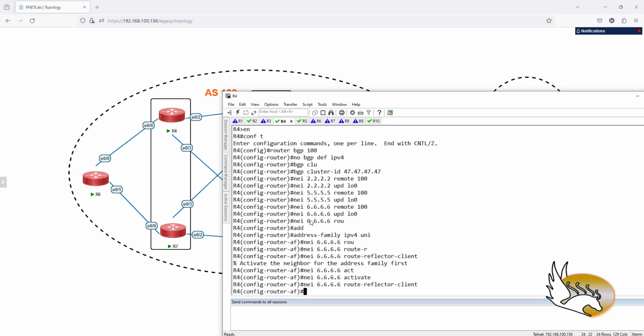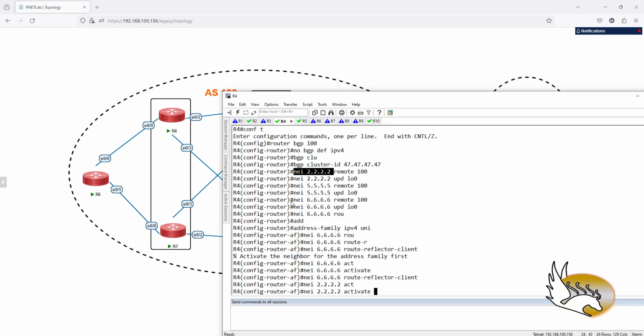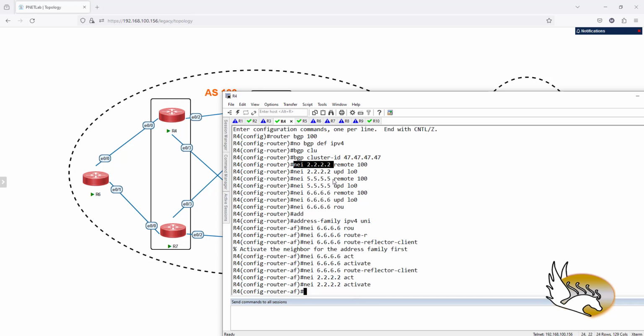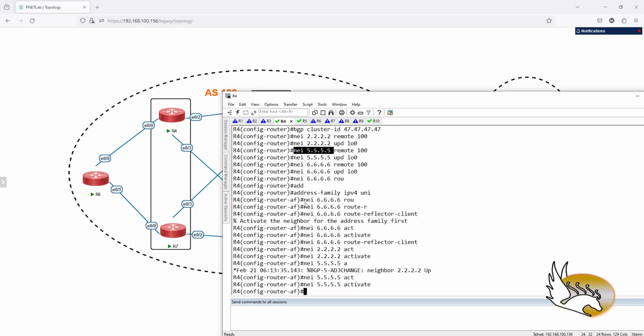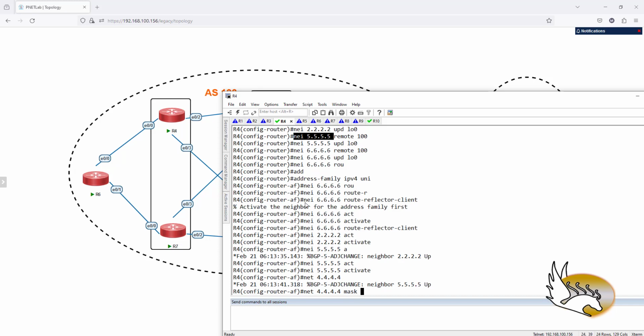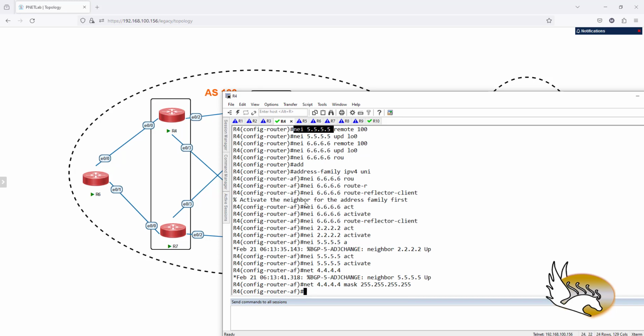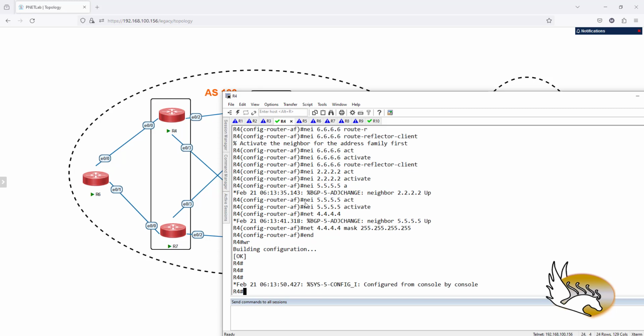Okay, and route reflector client, and now I'm going to activate these as well, so they should be activated, and this one should be activated as well. So the only thing that I want to do is advertising a network. So this part of course is totally unnecessary. I'm just doing it. Okay, this part is done, and WR, and I'm going to say show run section router